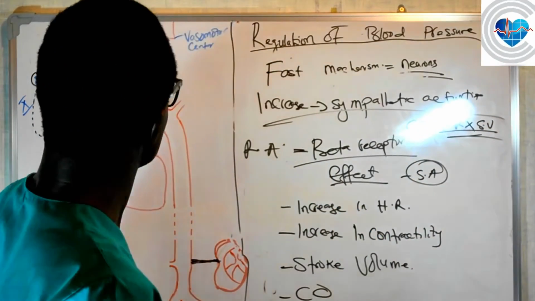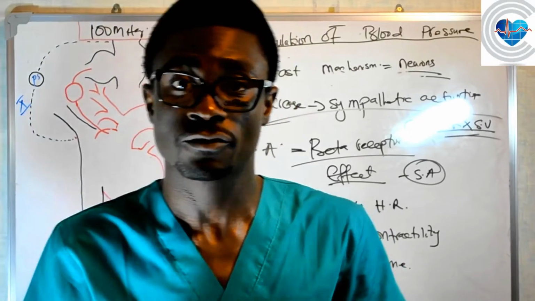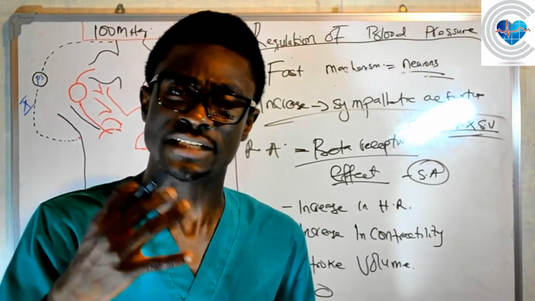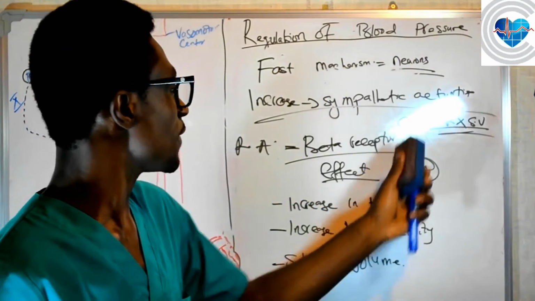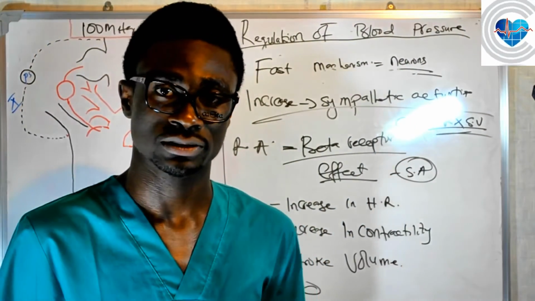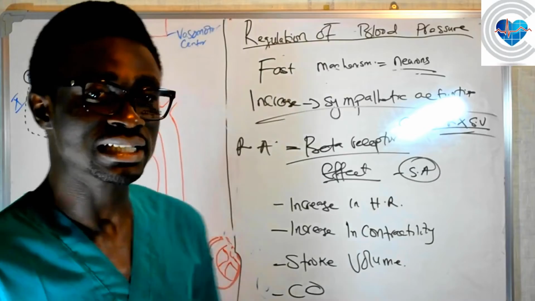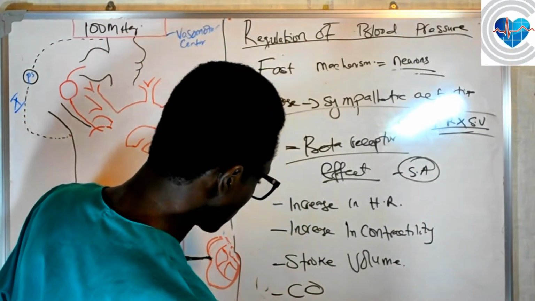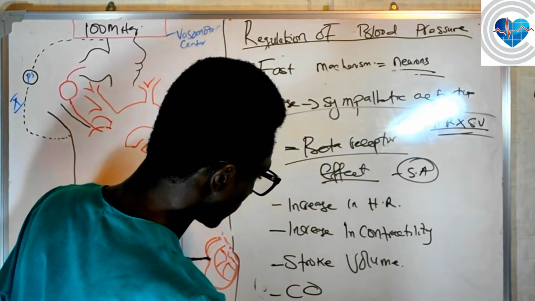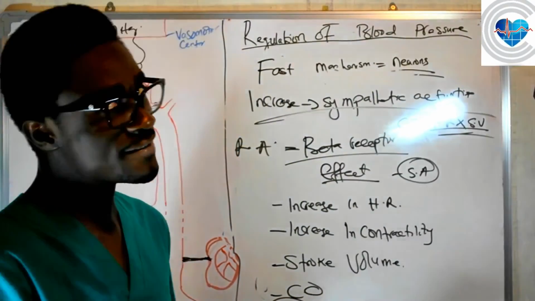So if the activities of the sympathetic fibers are increased, guys, you will have an increase in cardiac output. You understand? And if there is an increase in cardiac output, there will be an increase in total peripheral resistance, guys. Total peripheral resistance. And if there is an increase in total peripheral resistance, there will be